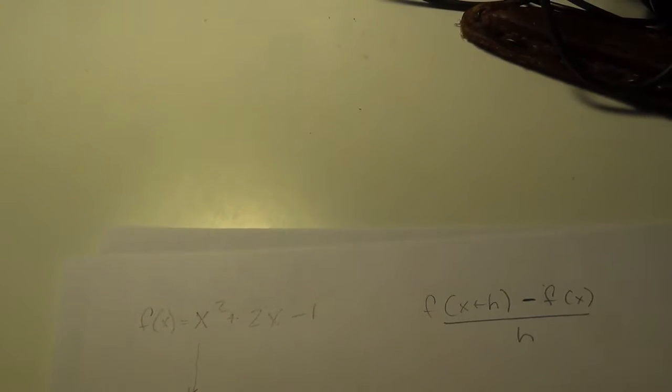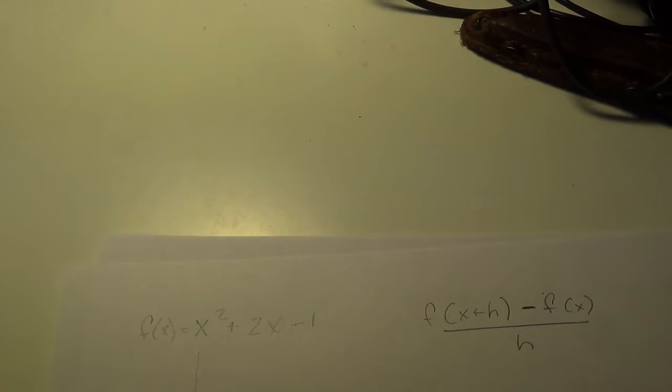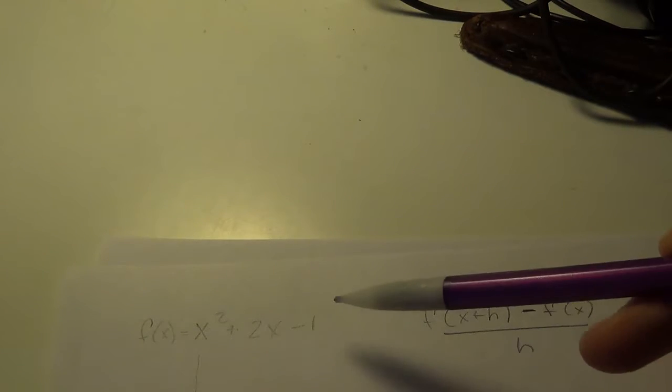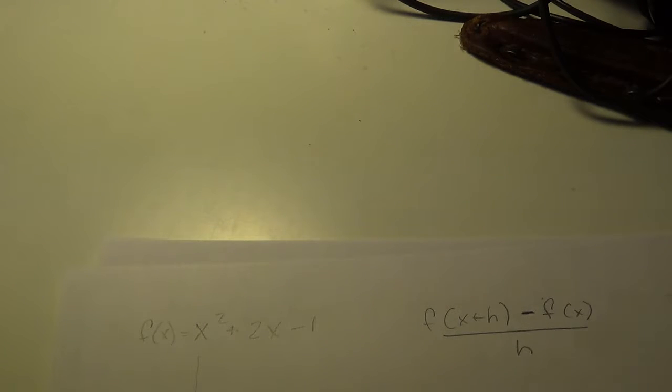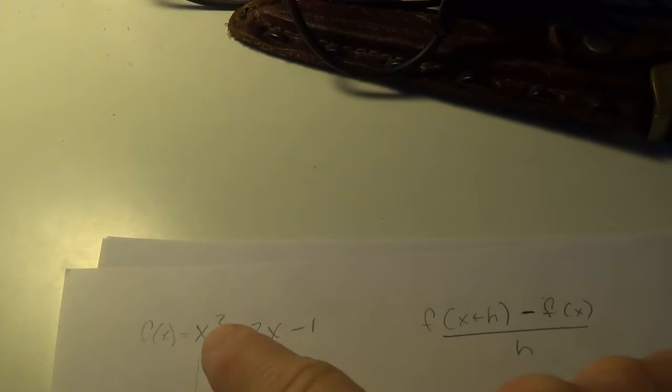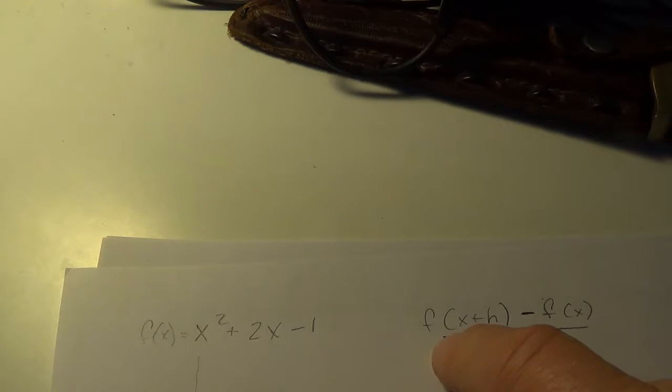Sorry about that. But we have f of x equals x squared plus 2x minus 1. That's what that says if it's not glared out. Here's the difference quotient. Now, why does that show up so nice? I don't know. Alright, so there's the difference quotient, and I want you to find the difference quotient for this function. So, this tells me what f of x is, but the difference quotient starts with asking